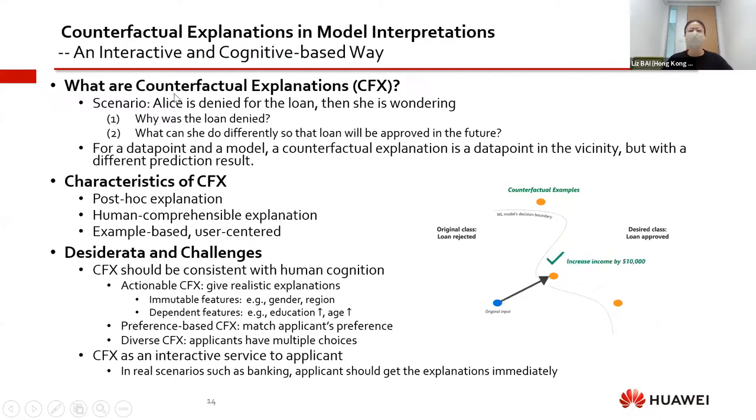The counterfactual is to reverse some kind of fact, right? So for a data point and a model, a counterfactual explanation is a data point that gives you a different prediction result. As the GIF shows, this is the original input, and maybe this is the boundary of the classification. Previously it is rejected, and you want it to be approved. So you try to find which point makes it a success, right? So the CFX